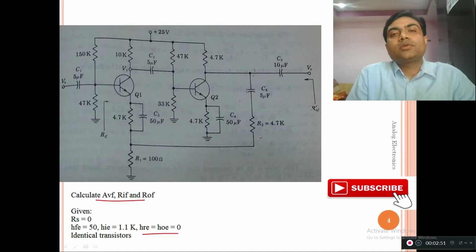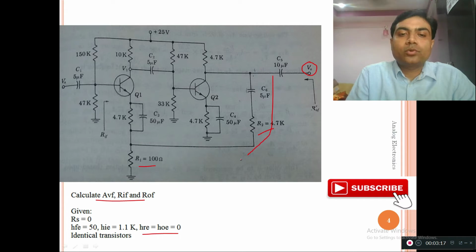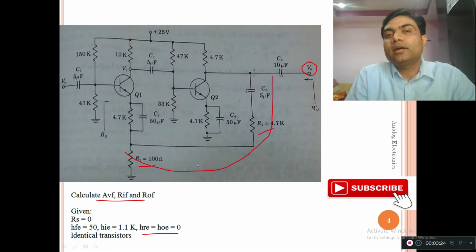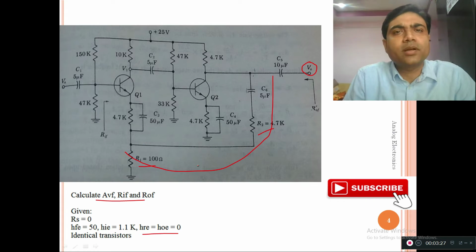So the first step is to identify the topology. How can we identify the topology? By making the output voltage equal to 0. If I make the output voltage equal to 0, will there be any feedback present in the circuit? Let us discuss the feedback part. R1 and R2 are making the feedback part, helping the output circuitry to be connected with the input circuitry through this path. So R1 and R2 are the feedback network, the pure resistive feedback network.